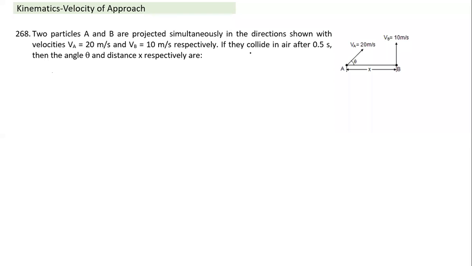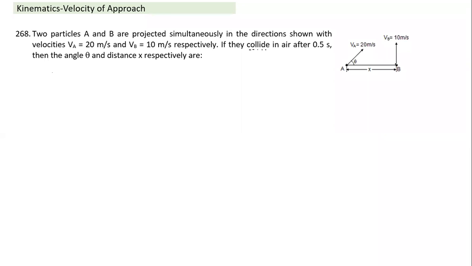So first of all, when they talk of collision, this kind of question involves relative motion between two particles. And the moment I see this kind of question, minimum distance or collision, I know I need to solve using relative velocity. So first thing I check, there could be relative velocity and there could be relative acceleration. Bhavishri, can you tell me what is the relative acceleration between A and B? 0, sir. Why is that 0? Both of them only have acceleration in one direction, which is gravity. Since both are projectiles, the relative acceleration becomes zero.